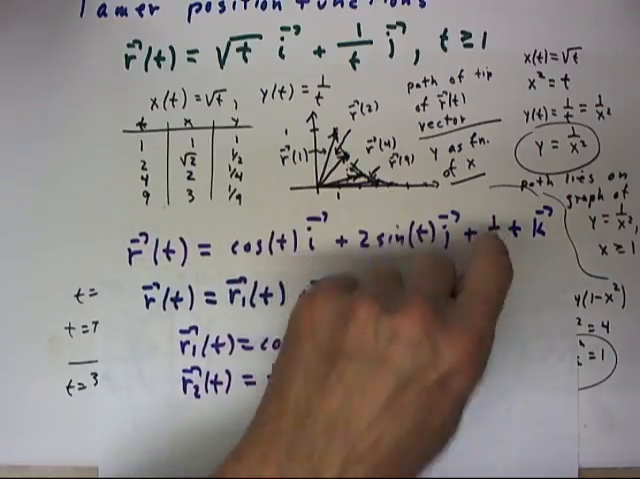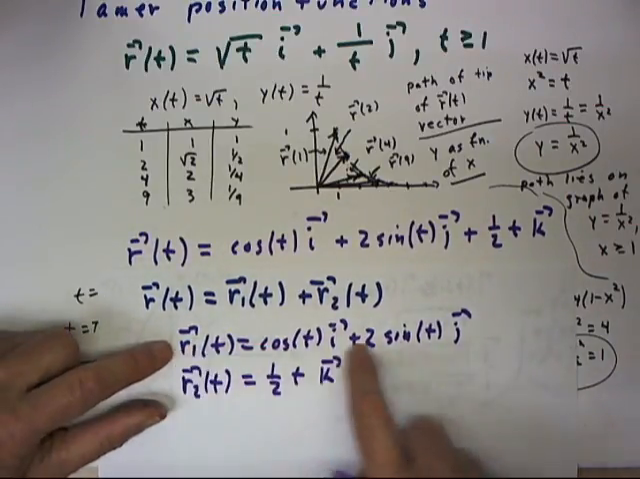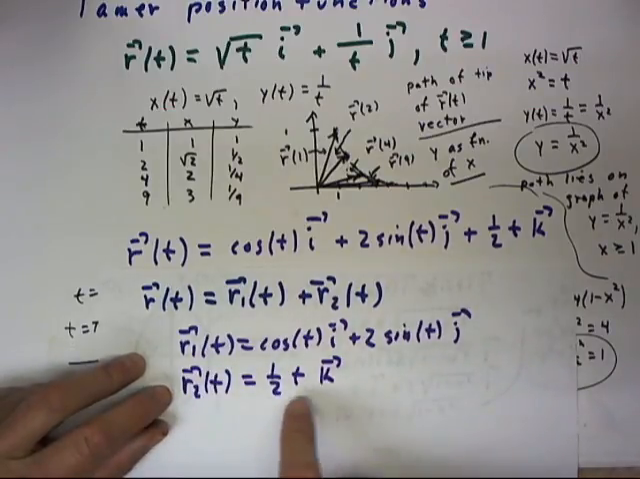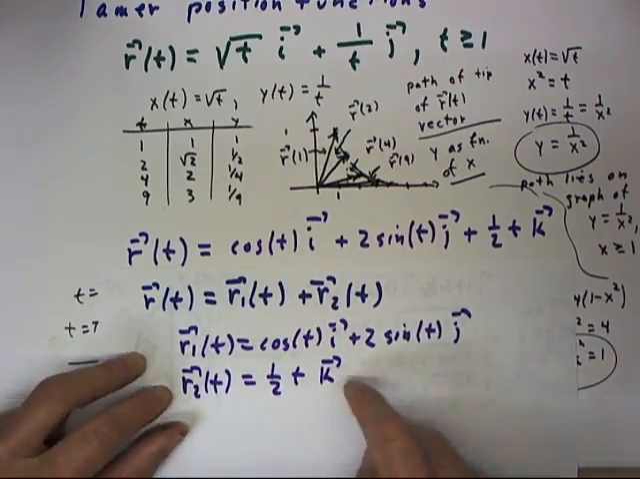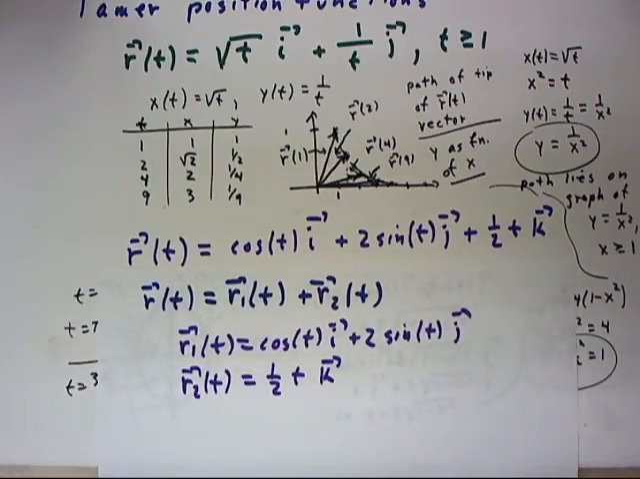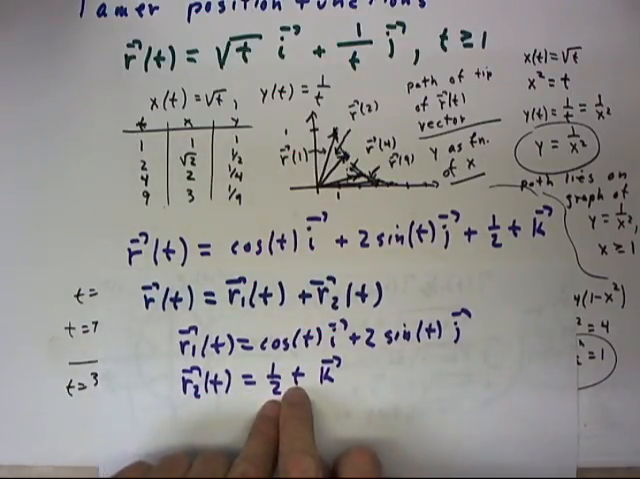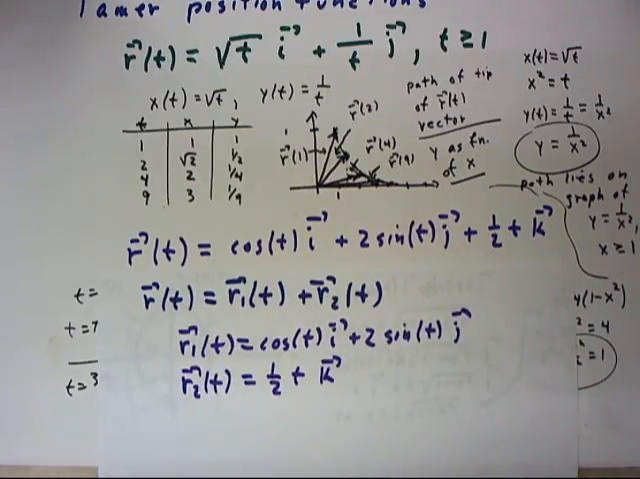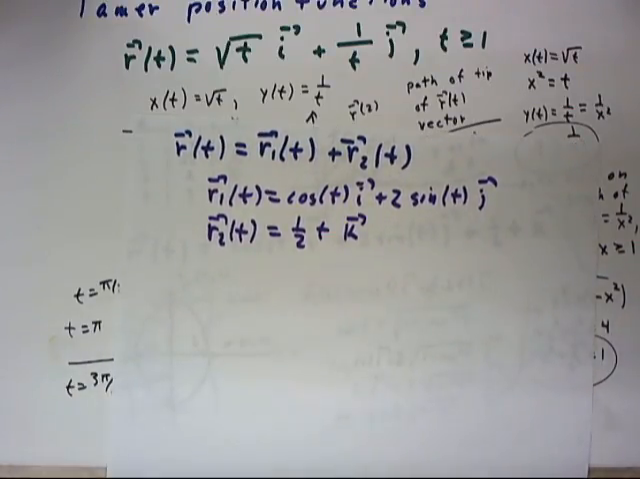Then our original function r of t is the sum of the function r1 of t, the function that describes the ellipse in the xy plane, and r2 of t, a vector function which points along the positive z direction, points up out of the xy plane. And as t increases, the magnitude of this function increases, so we get an increasing vector along the z-axis. We can sketch the implications of this